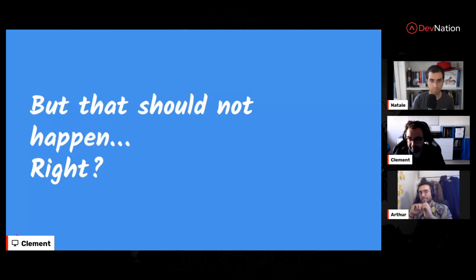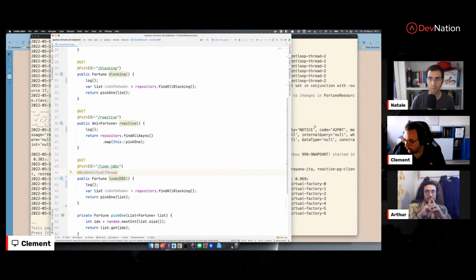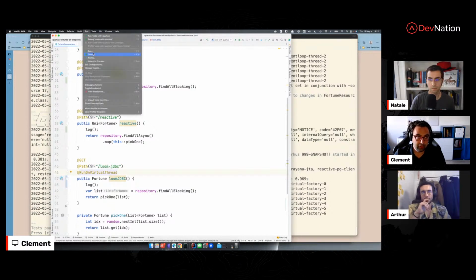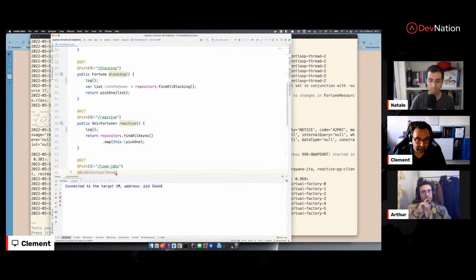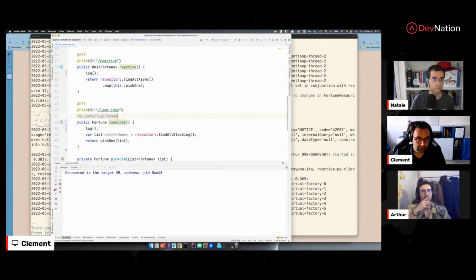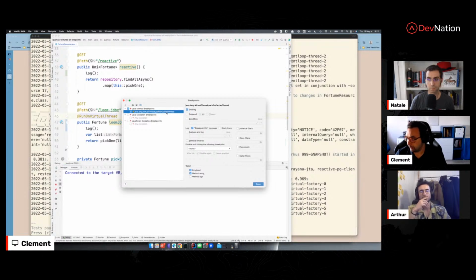And let's see this in action right now. So this is my code, nothing changed. And what I'm going to do is debug that code. Run, attach to the process. This is my process here. And so here is my debugger. And I already have a breakpoint. It's a logging breakpoint. I'm not suspending the execution, I just want to log something. And I'm going to log when this park on carrier thread method is invoked, which means that we are pinning